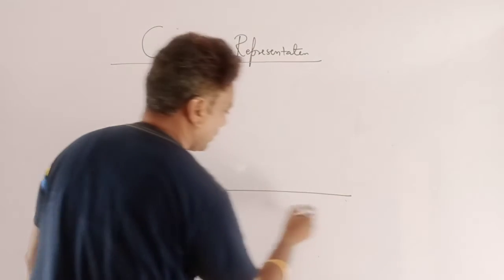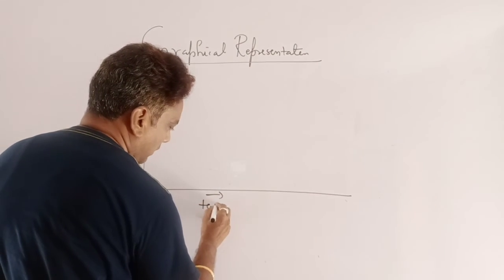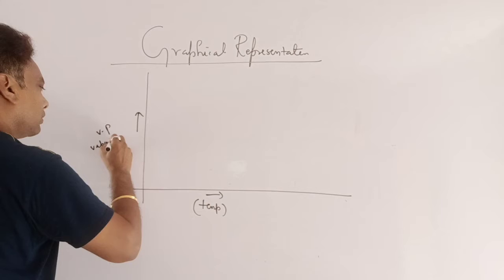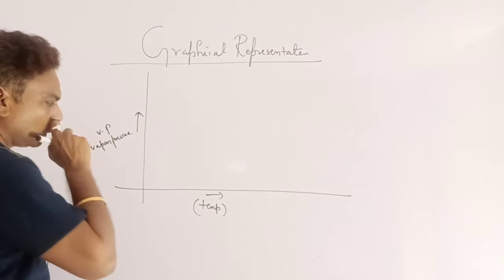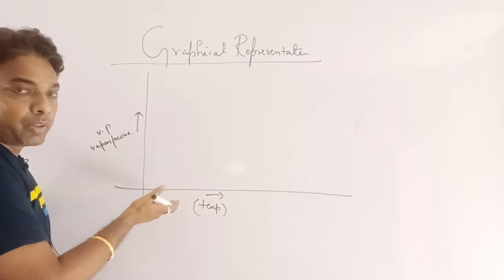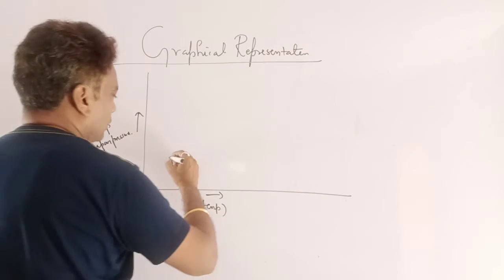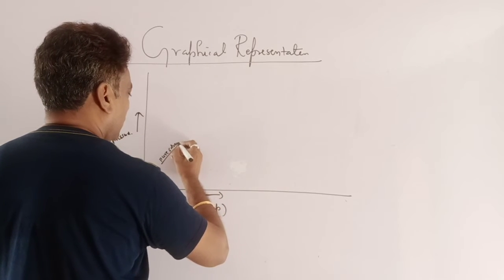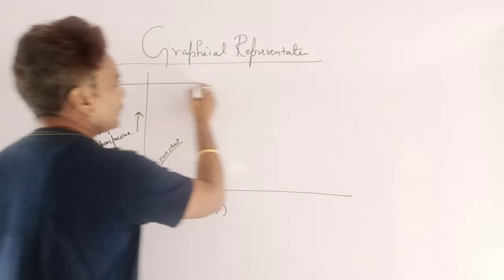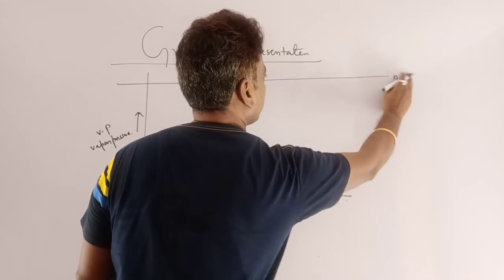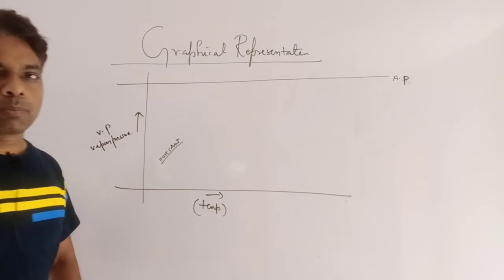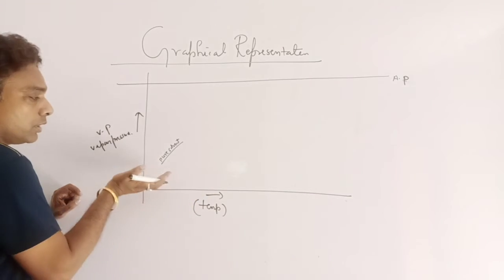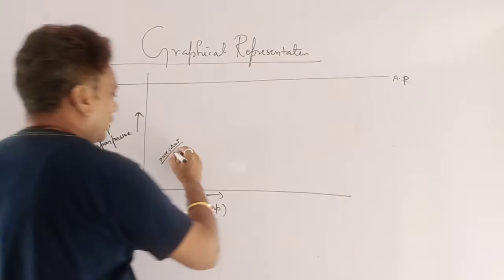Here on the x-axis is the temperature, and on the y-axis we have the vapor pressure. Now on increasing the temperature, vapor pressure increases. So with respect to pure solvent, this is the curve for pure solvent like water. This line shows the atmospheric pressure, AP. Now as we increase the temperature, moving away from the origin, the vapor pressure gradually increases.